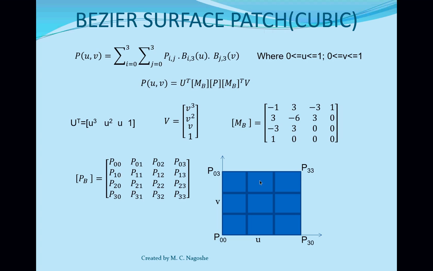So this is Bezier surface. In a Bezier curve, there is only one direction. Now it has another direction. So there are two Bernstein polynomials. This one is varying in the u direction, and this one is varying in the v direction. So I have both the u direction and the v direction.